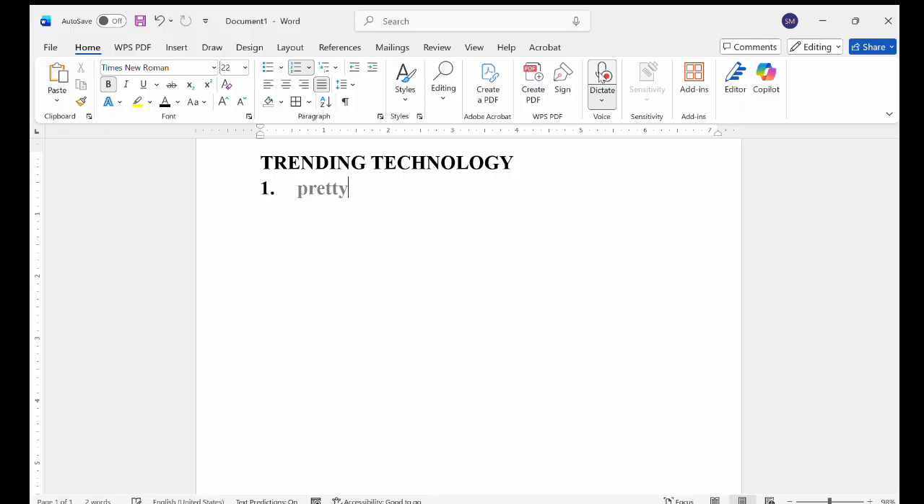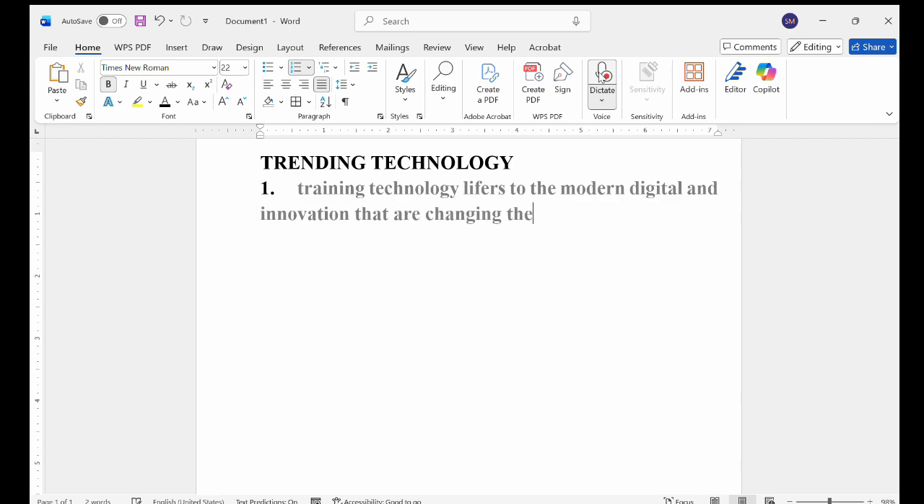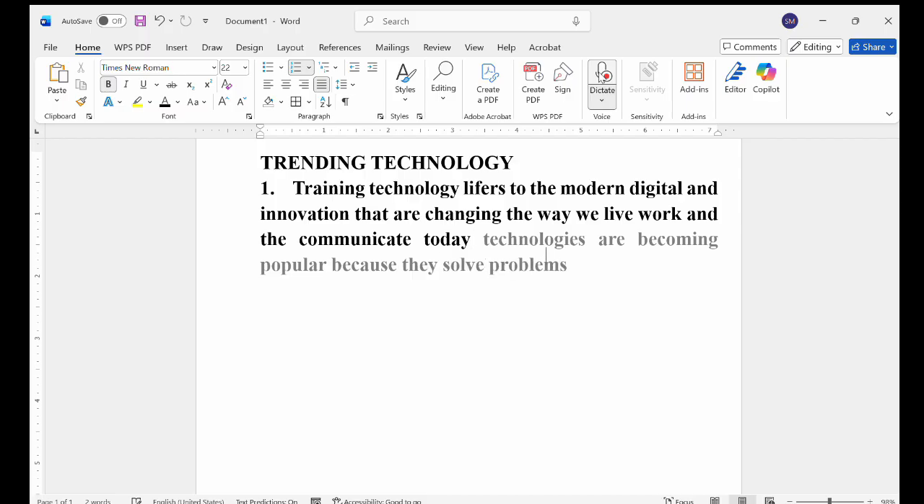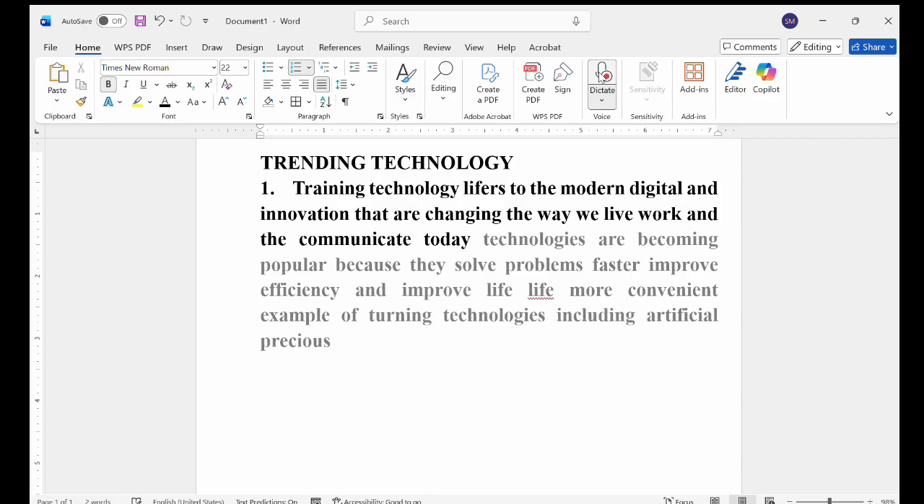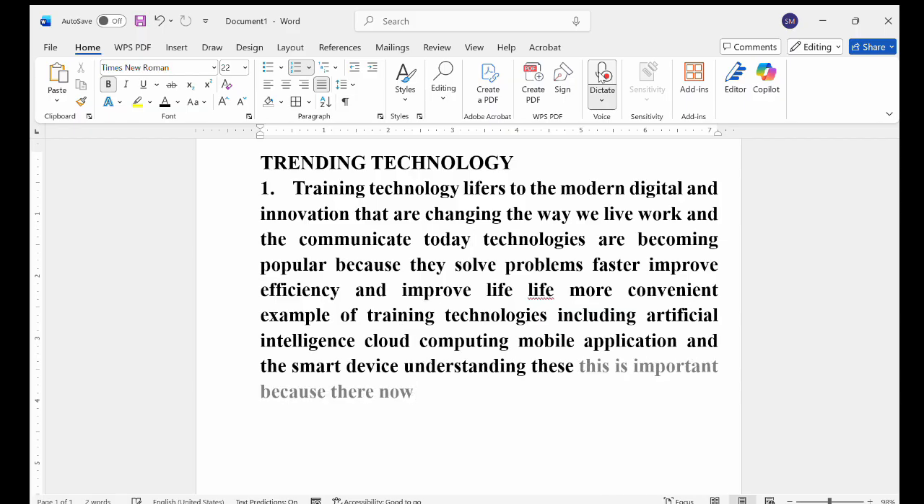Trending technology refers to the modern digital innovations that are changing the way we live, work, and communicate today. These technologies are becoming popular because they solve problems faster, improve efficiency, and make life more convenient. Examples of trending technologies include artificial intelligence, cloud computing, mobile applications, and smart devices. Understanding these technologies is important because they are now used in schools, businesses, hospitals, and everyday lives. Number two,